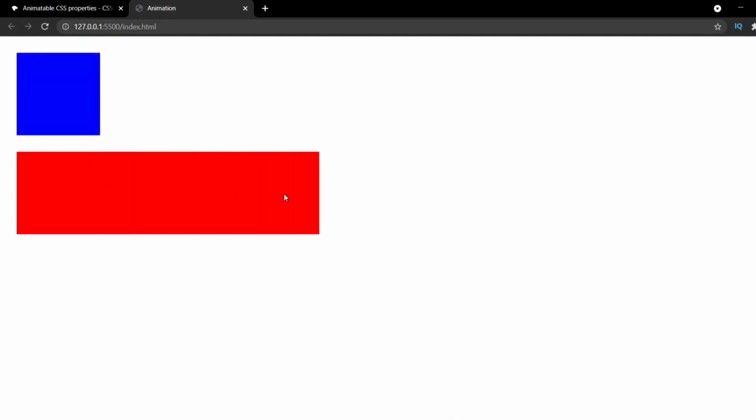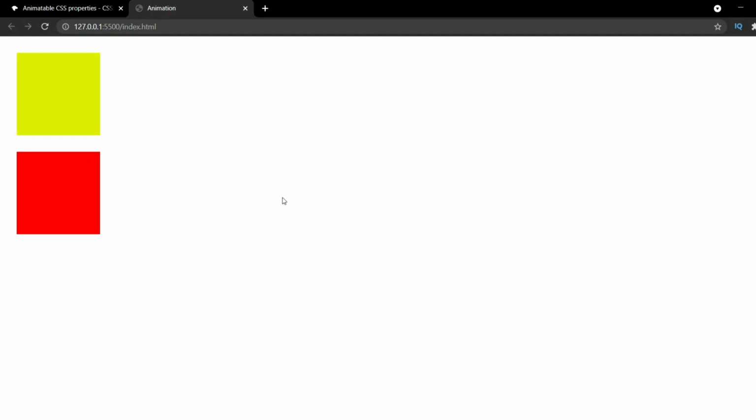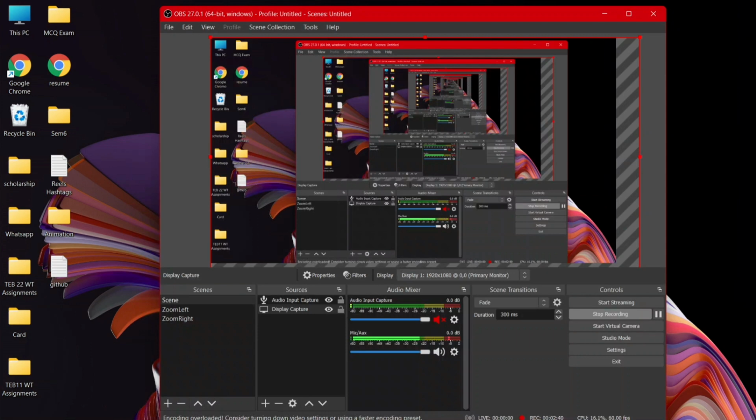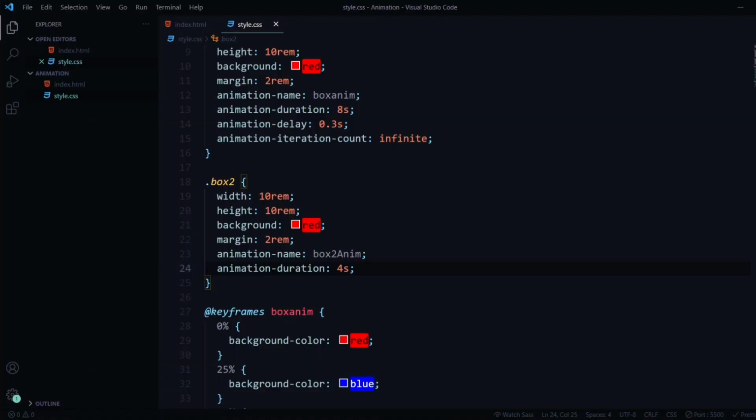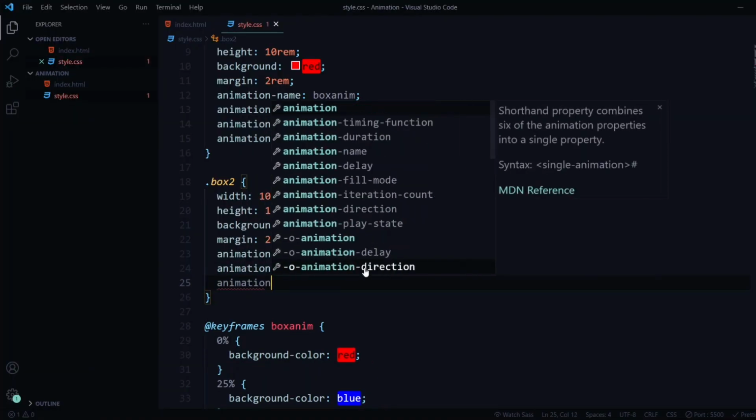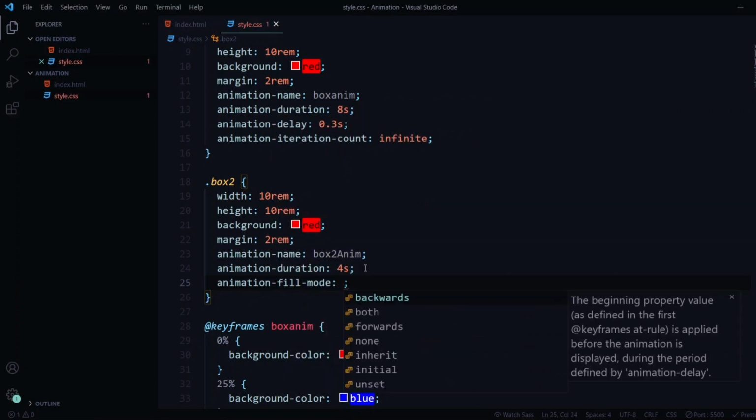Now you can see I hit refresh and it changes its width in 4 seconds. But after the animation is done, it gets back to its original form, which is here at the start. With the help of animation fill mode, in this box2, I'll add animation fill mode, and here you can see the values: backwards, both, forwards, and none.